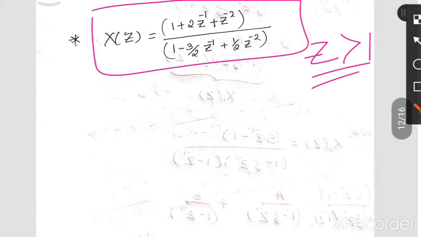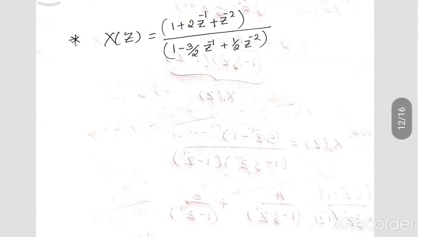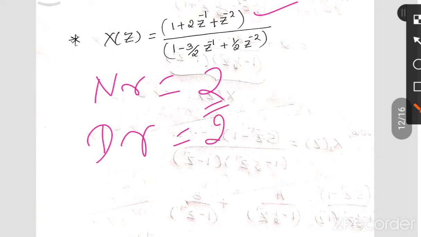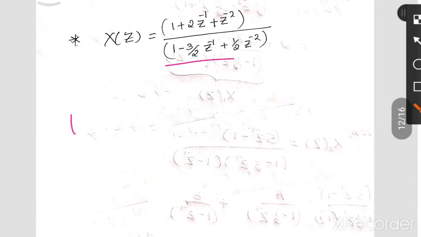So now we'll concentrate on how to get x of n. Observe, you can factorize first and then we can observe. The numerator's order of z is 2 and the denominator's order of z is also 2. When these two are equal, we are not able to apply the direct partial fraction method. So what do we have to go for? We have to go for the long division method. How can we do it? That is a very simple thing. What we have to do is just divide this signal